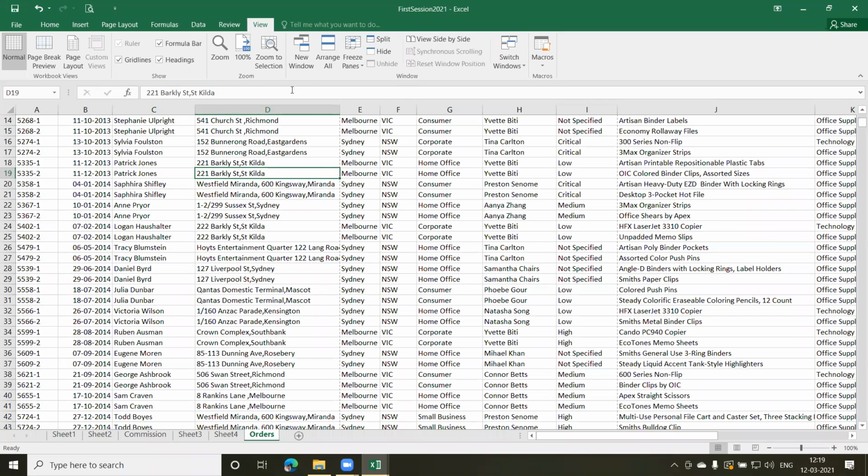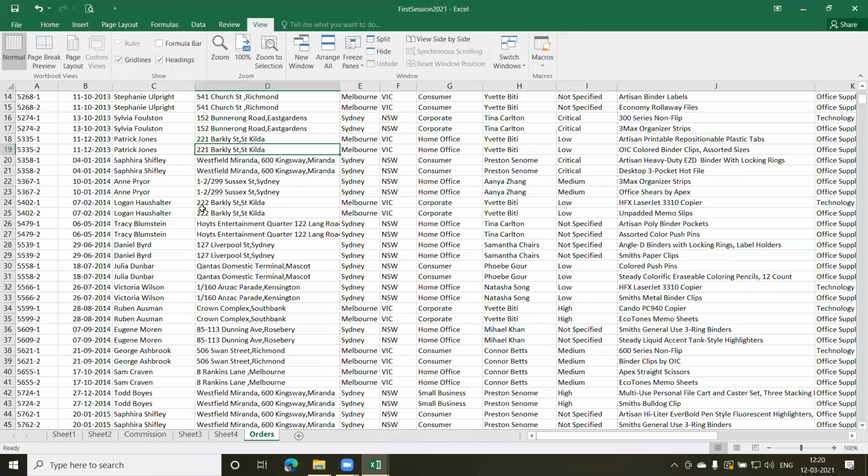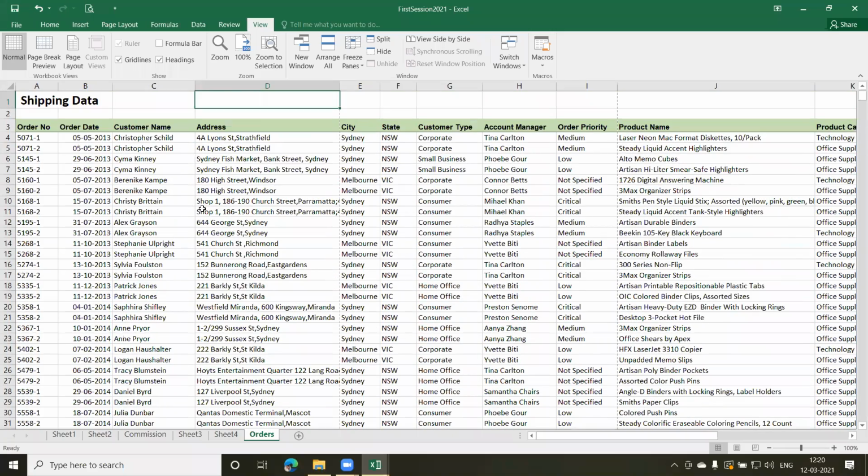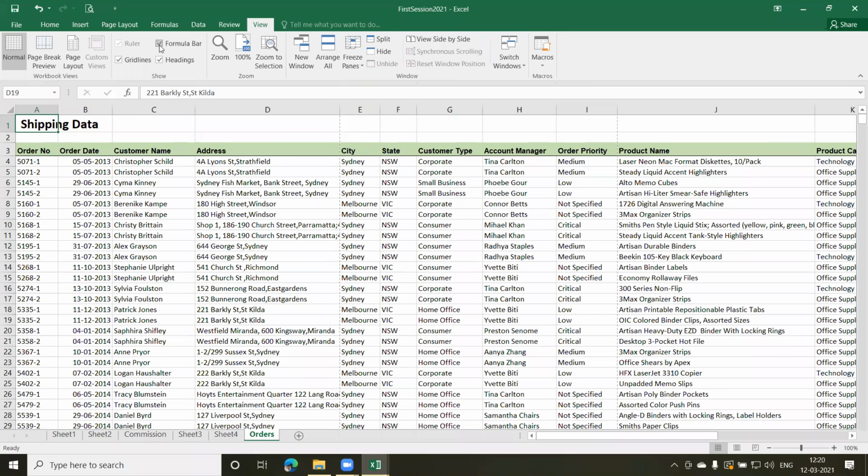Then this is your formula bar. So if you don't want this, you can just click on this and it removes your formula bar. If suppose you are not requiring it regularly, you can just remove it. And whenever you require it, you can just click on this checkbox so that you can get your formula bar back. Okay. You can also split the window.